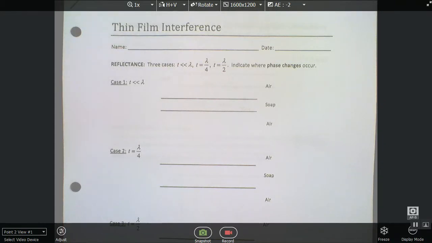Okay, so this lesson is on thin film interference. It is a very interesting effect about the wave nature of light when you apply either a thin film to glass, or if you have a situation where there's a thin film of oil or soap or something like that on a surface. And what you'll get is a sort of telltale interference pattern, and often even a rainbow